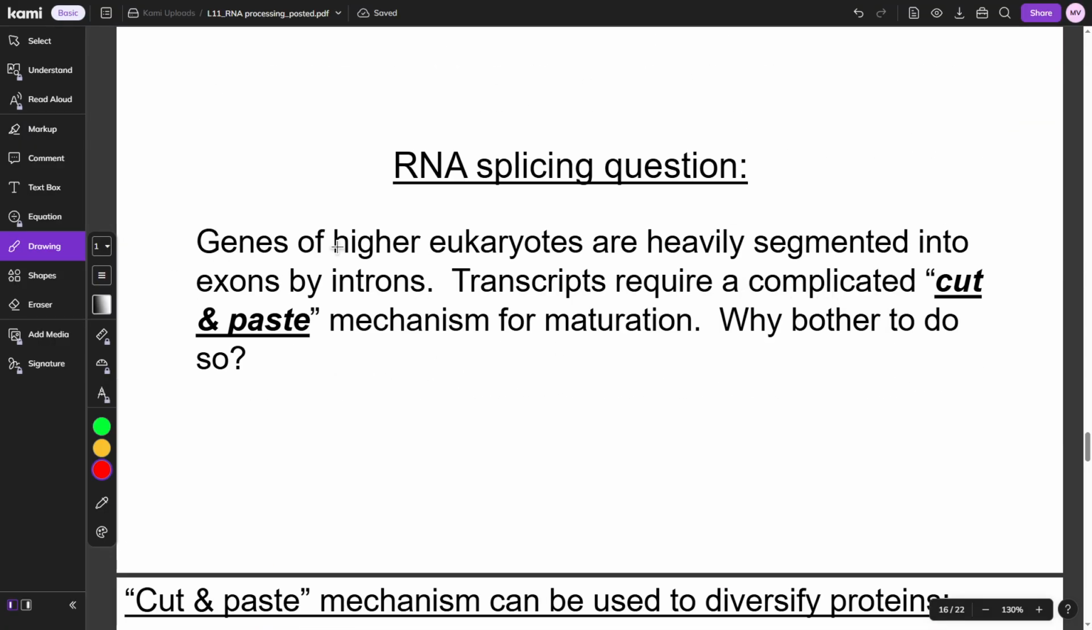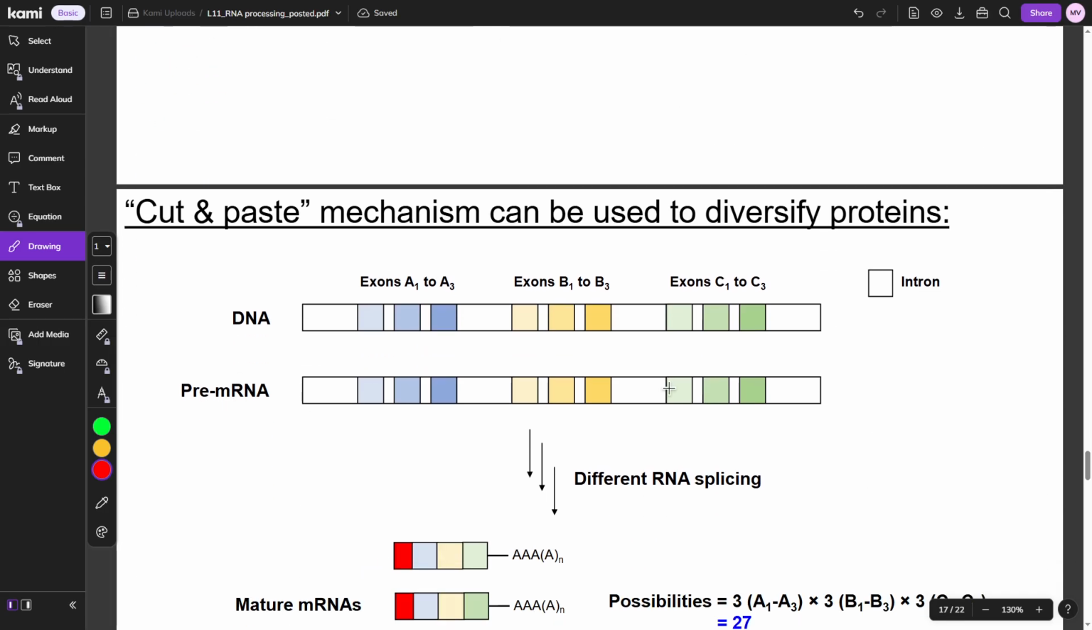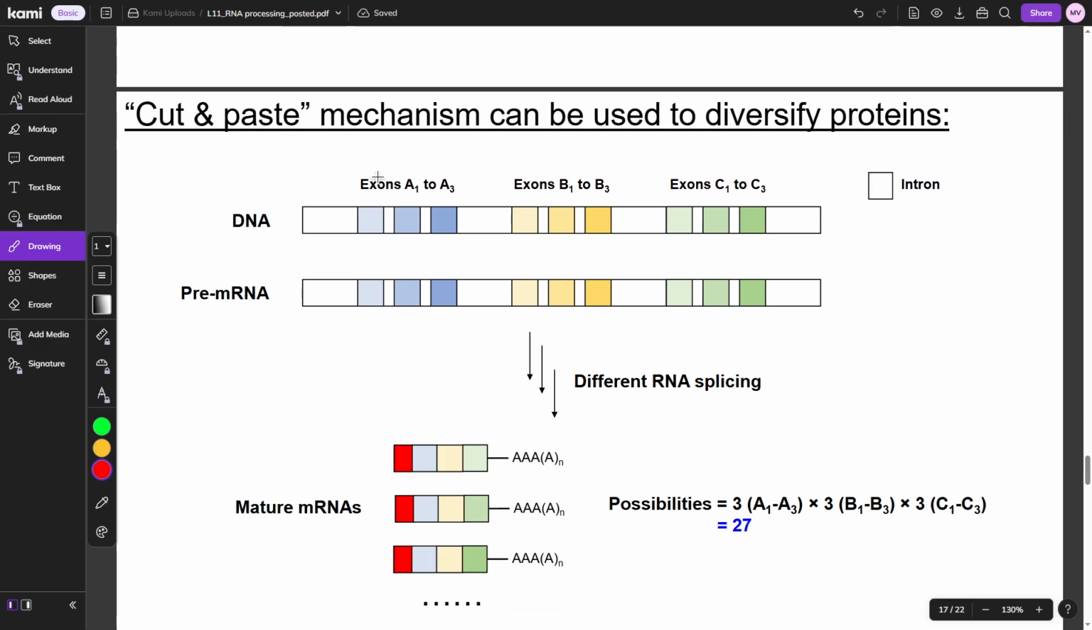I'm not going to bother going through this. I'm just going to explain this, right? The purpose of alternative splicing is that you can make many different versions of a protein, right? So if I have exons A1, A3, B1, B3, C1, C3, I can combine these in so many different ways,